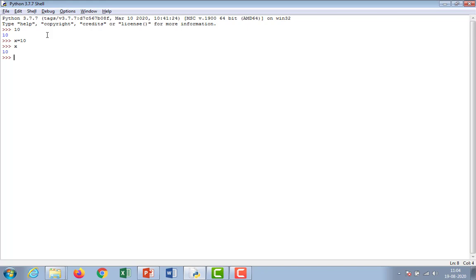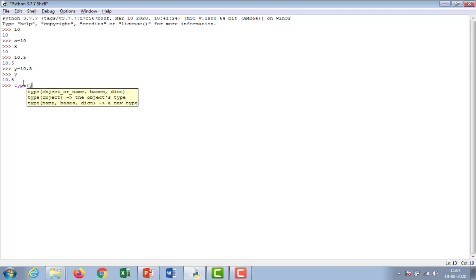If you want to give a floating point number 10.5, no need of giving any data type. y is equal to 10.5, enter, then type y, and the value is 10.5. If you want to check the data type of y, the type of y is float data type.